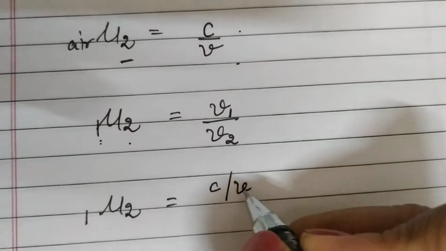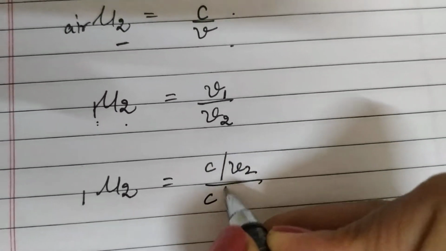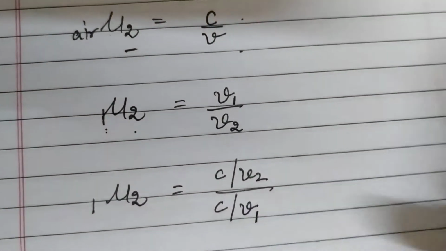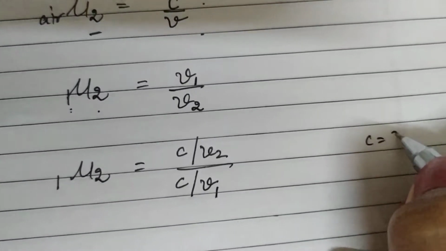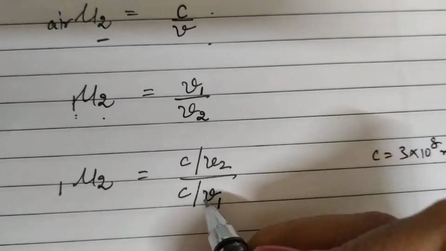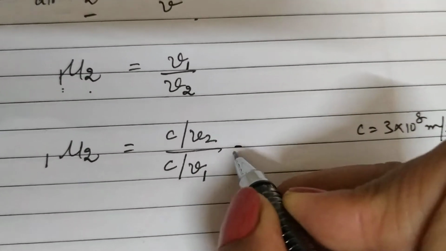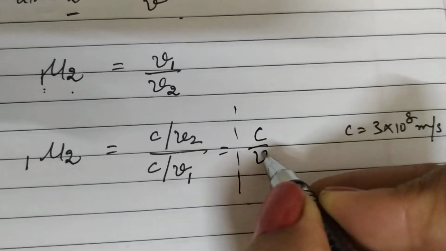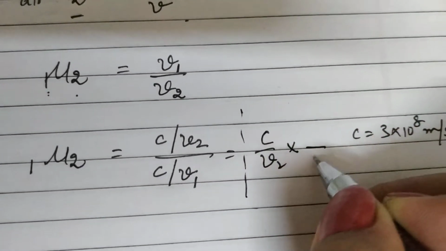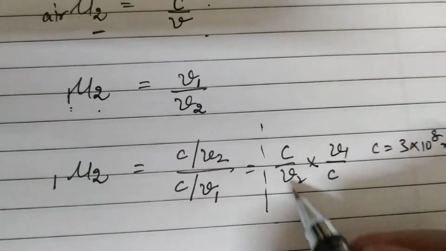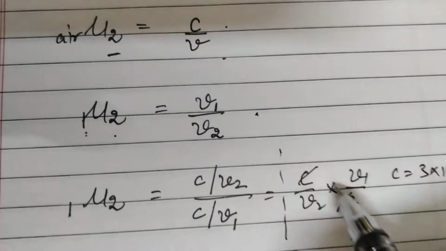Now from this formula we are going to derive the fourth formula for refractive index, in which we are just rearranging the above terms by multiplying and dividing with the C factor. C is our velocity of light in vacuum. If you just rearrange these, I am just doing it for your clarification, it is C upon V2 into C upon V1, meaning V1 is in the numerator. So simply it is this formula only.